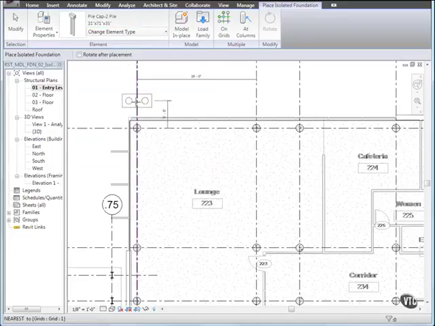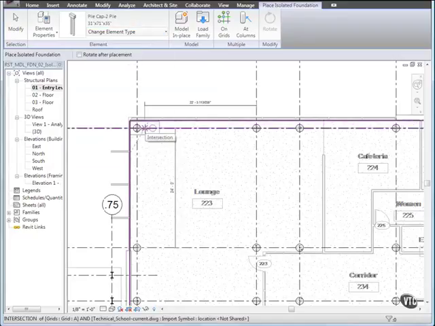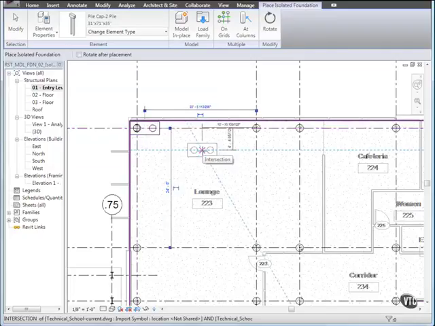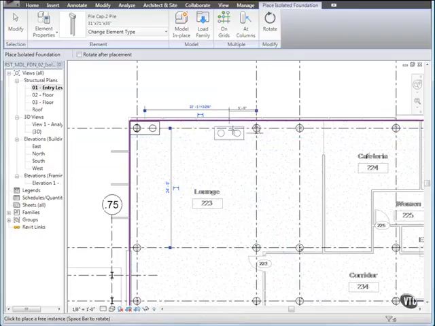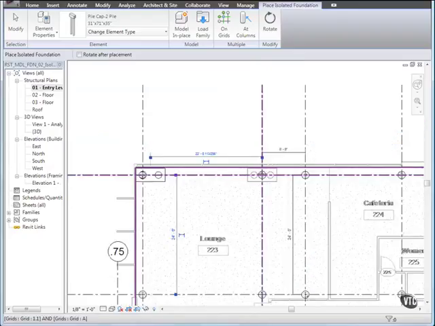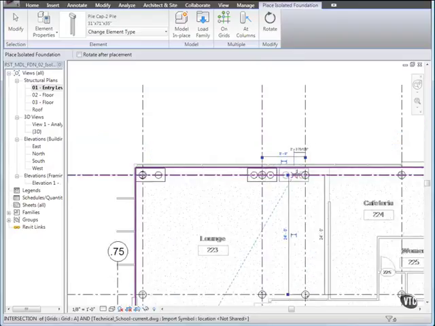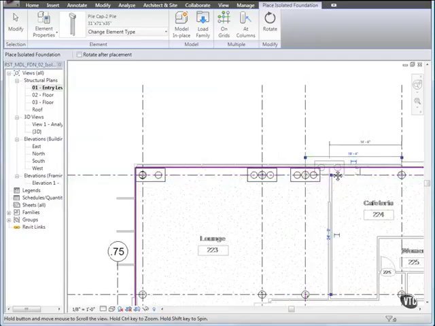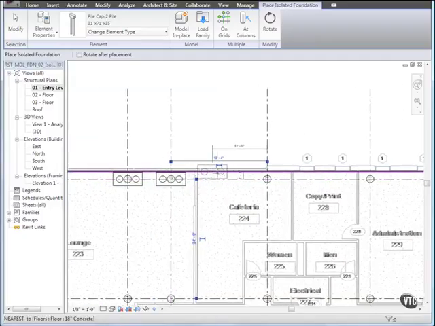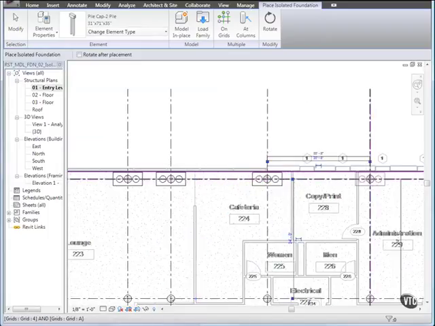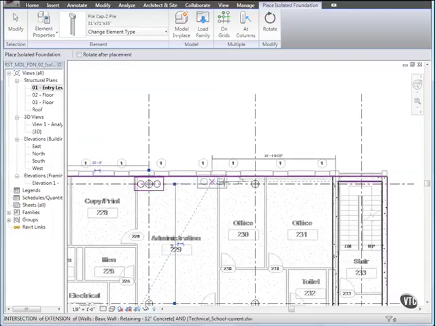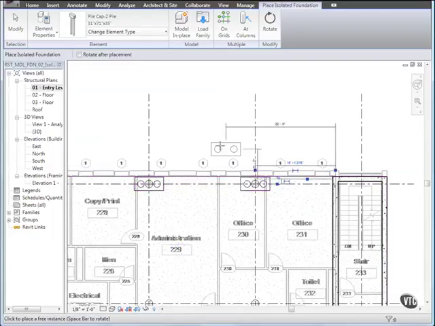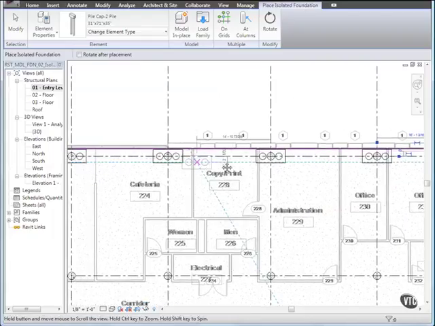Then, in the drawing area, click the column at grid location A1 to place the first isolated foundation. Then, click the columns at grid locations A1.1 and A2 to place additional pile caps. Using the same method, place more pile caps along grid line A. Now pan over to grid location B1,